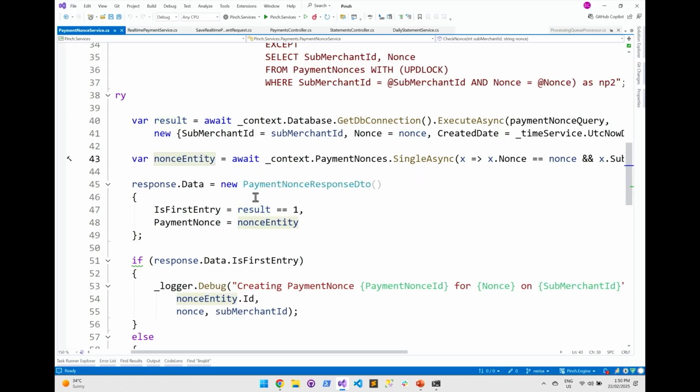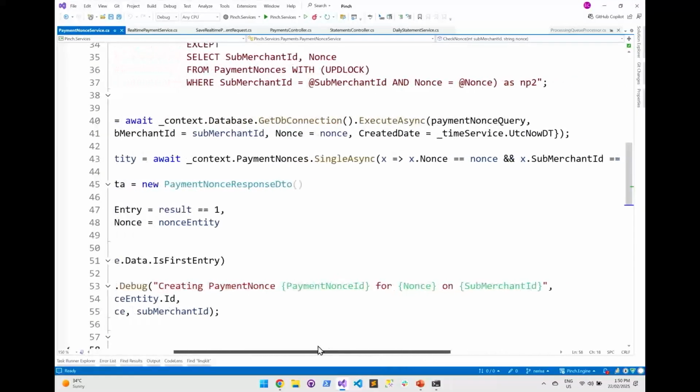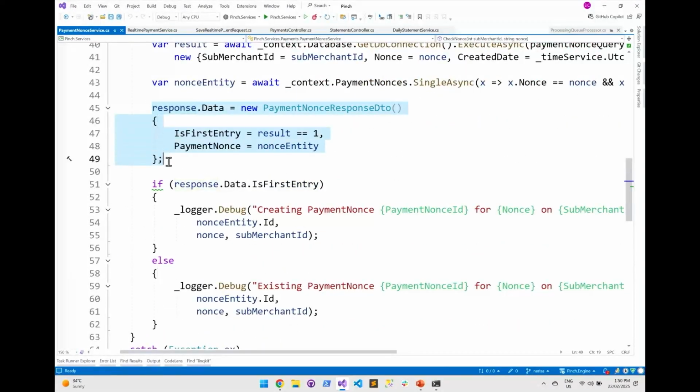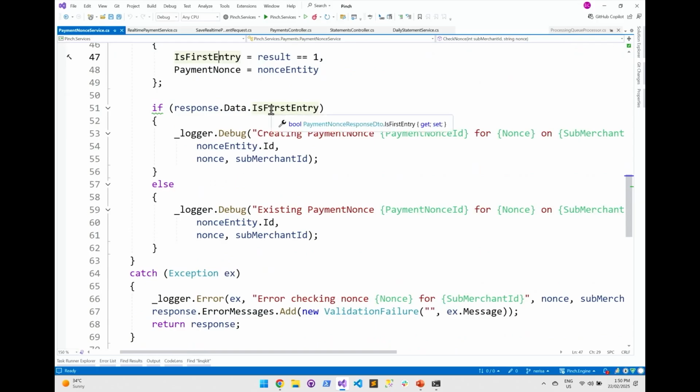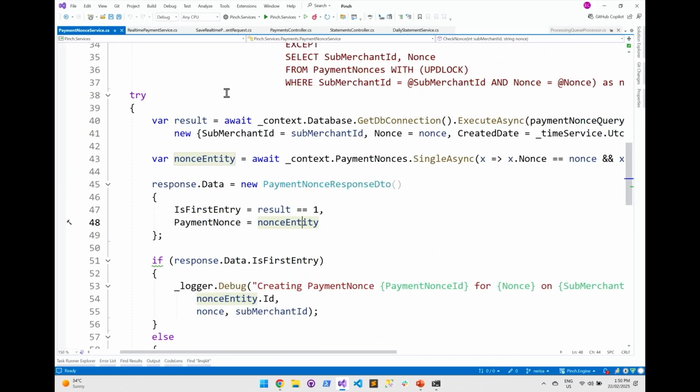Regardless of whether or not it existed, I fetch the entity back out of the database again. This is literally just a, please go get it, where the key matches. And then what I do is I set up this response. I say, okay, is this the first entry? Great, you've captured the idempotency key and passed that entity back. So this is the specific N1 service, and I'm going to go back up to the,